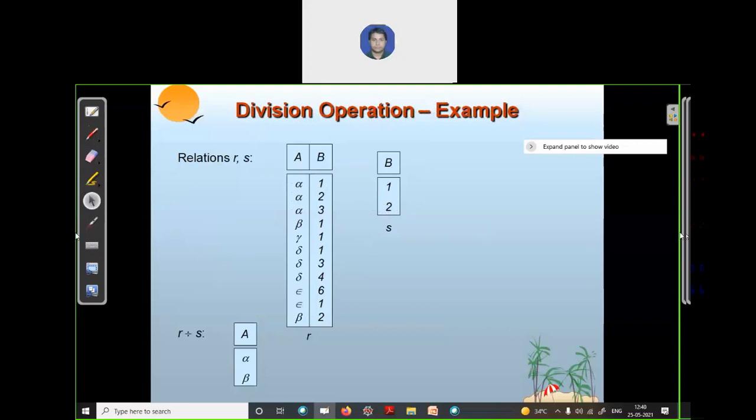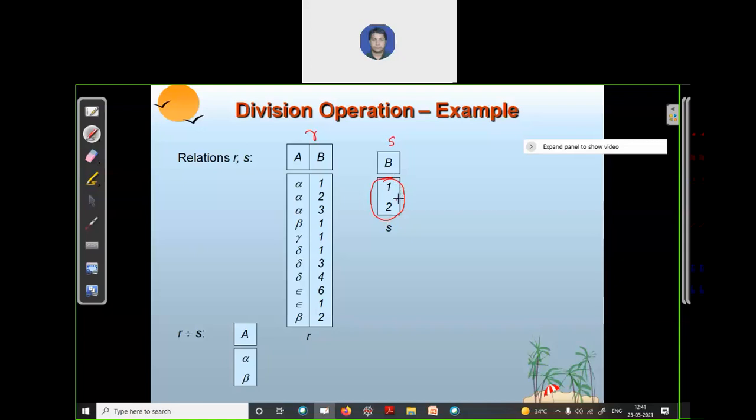We have one relation R, this, and there is a relation S. In this, relation R will be split based on the condition that every tuple of this relation is associated.